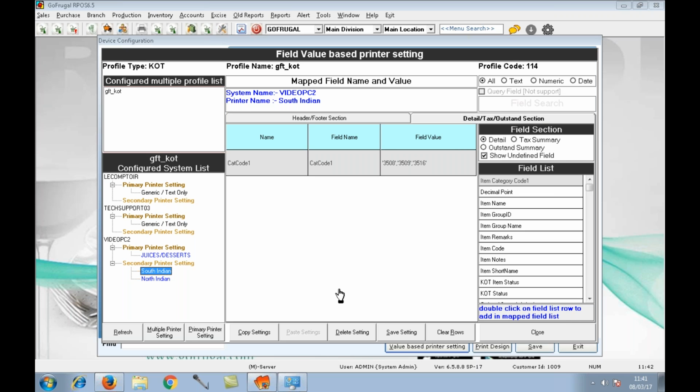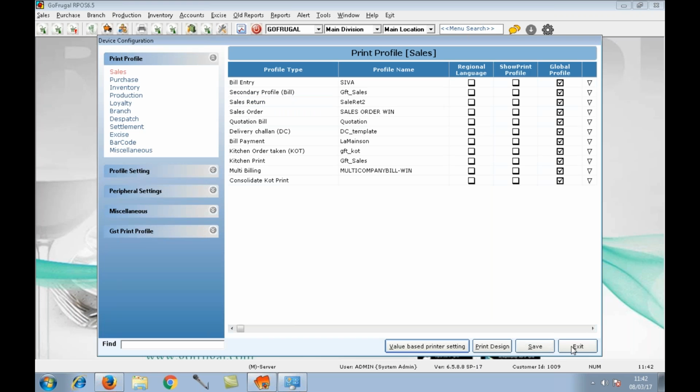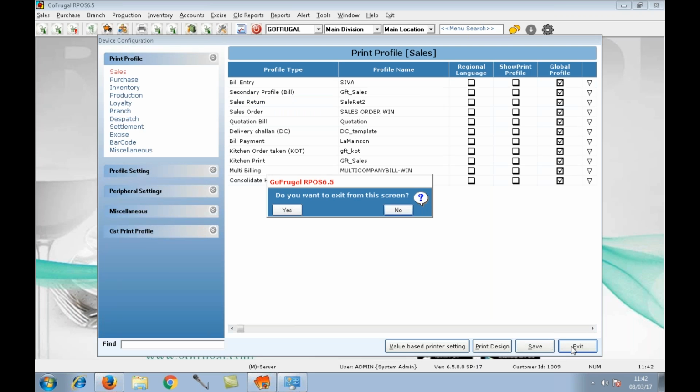If you have not mapped any category to any printer in the value based printing, those items won't be printed. So make sure about that. We have to configure properly. Also, for the value based printing, we have a separate help video on YouTube, so you can make use of that. So for example, just I'm